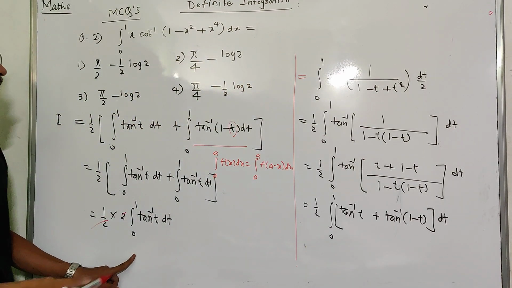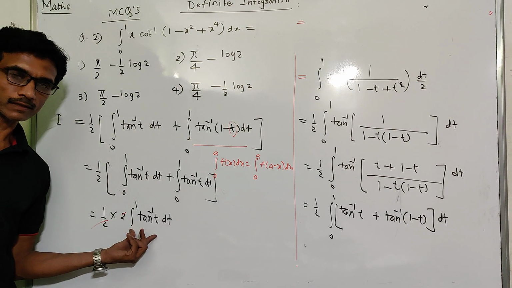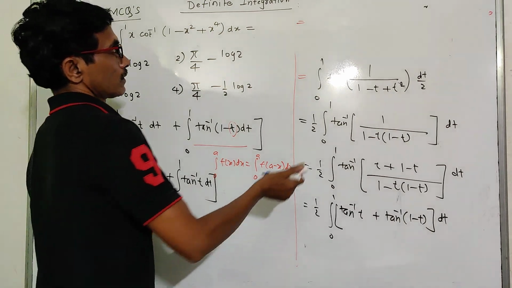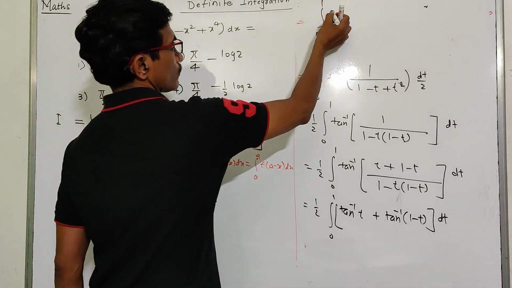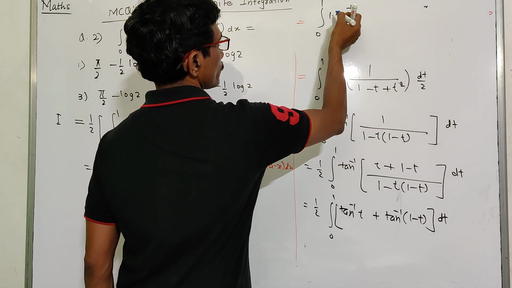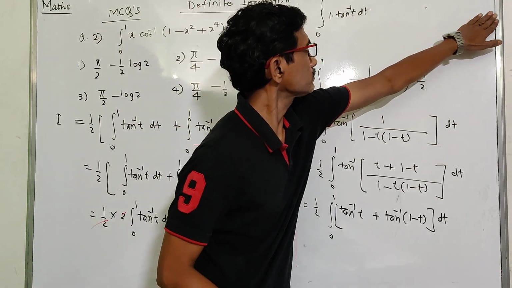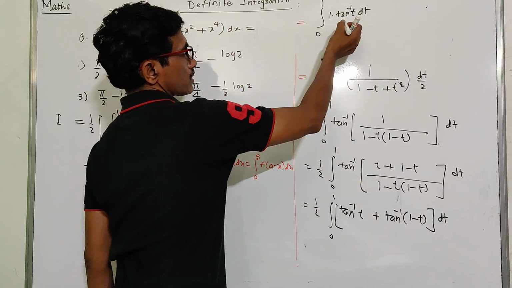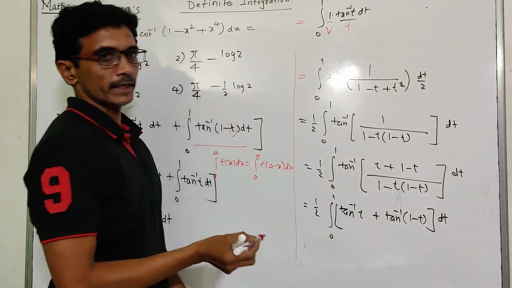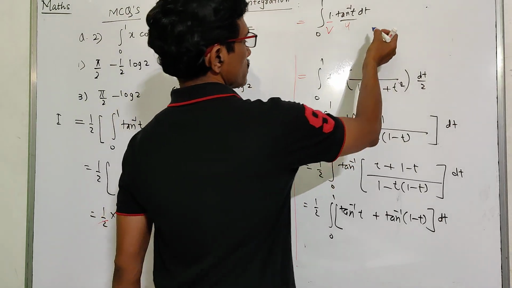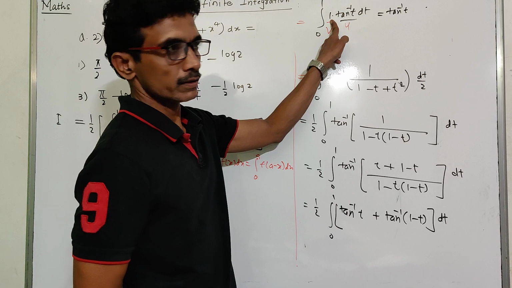So we use integration by parts. Inverse function is there, so which is first function, integral 0 to 1 tan inverse of t dt, which is... first function is this, that is u, and this is v. Integrate by parts, u as it is, tan inverse of t as it is, integration of 1, that is t,